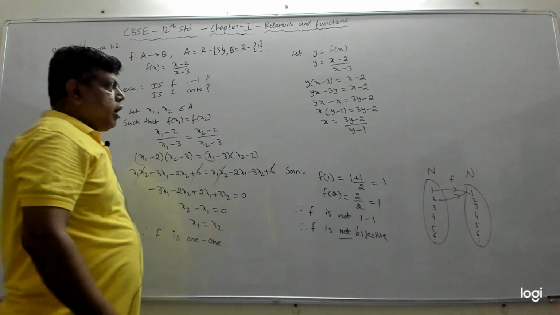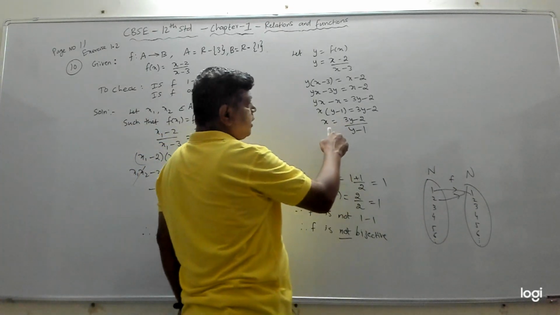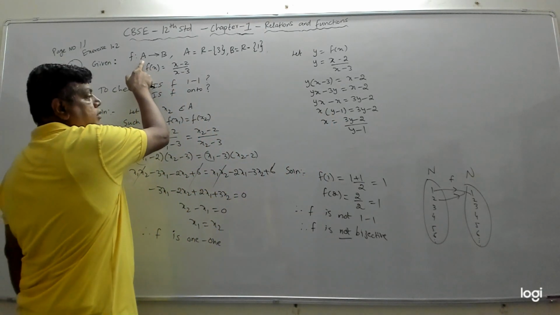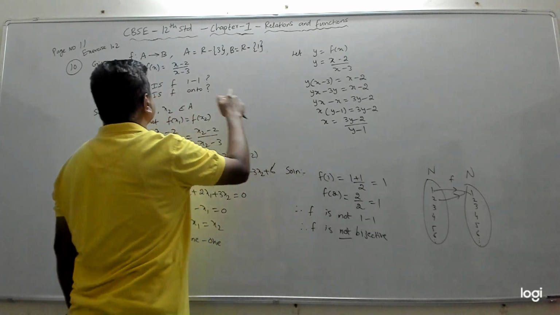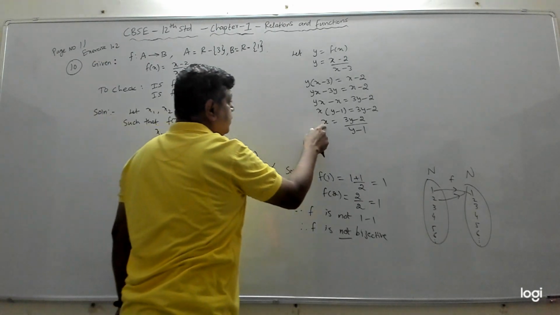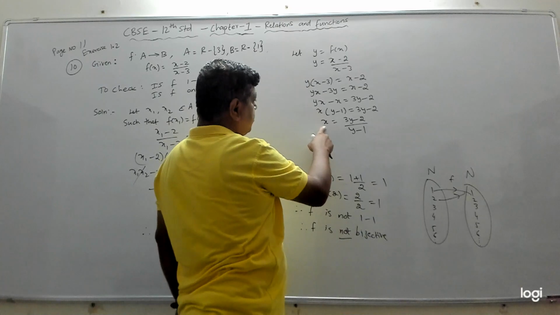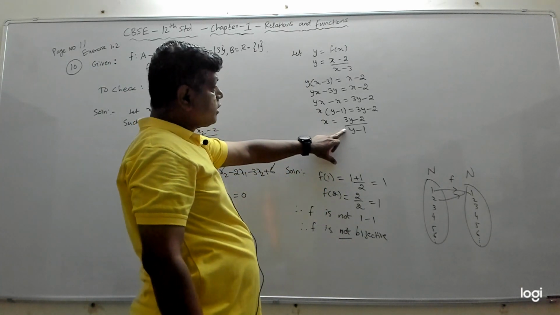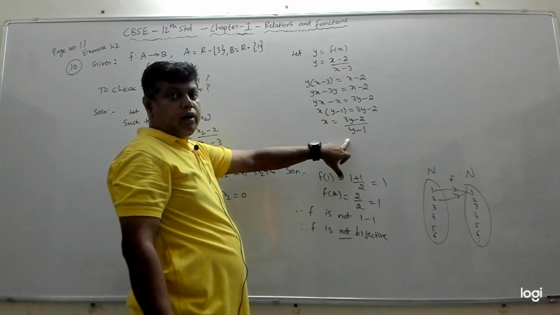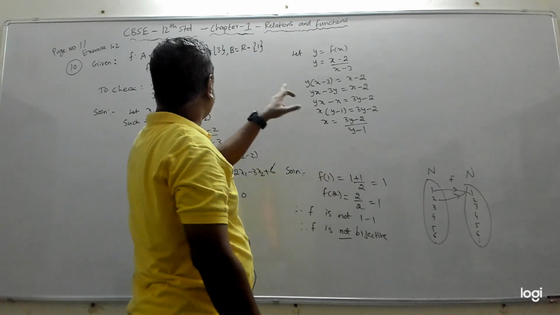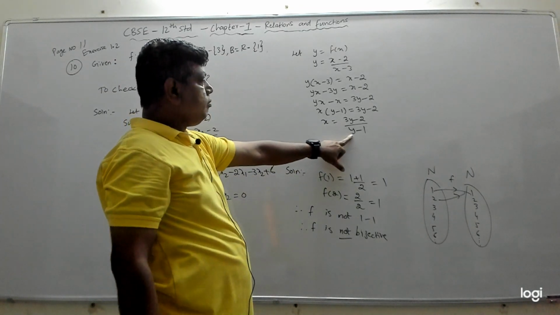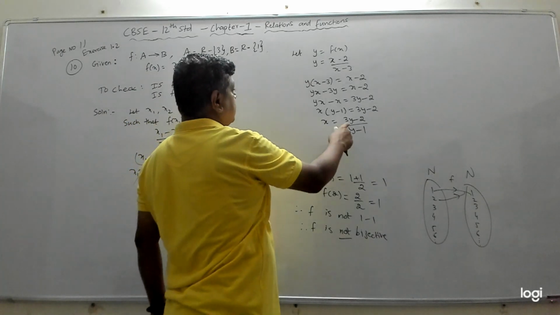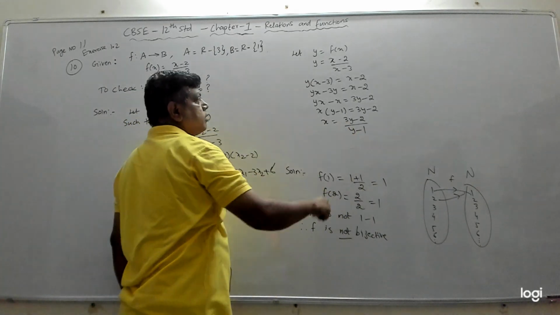And now we have to make sure that this element is a real number, which means we should check whether this number belongs to the set A. Whether x belongs to set A. For that we have to check whether x is a real number. Also y should not be equal to 1, because when y is 1... see, y is coming from where? Y is obviously from the B set, right? And y should not be equal to 1.